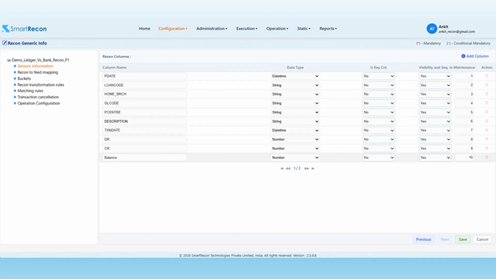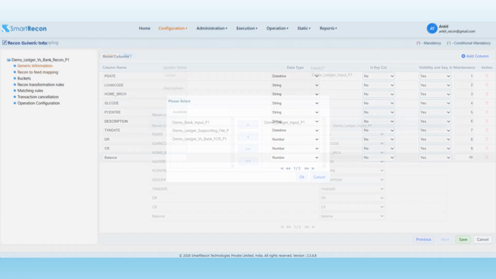These are the columns that will participate in reconciliation. You also need to select the key columns. These can be single or multiple. The columns you mark as key columns will be mandatorily used as the reference key at every matching level. This is important to understand because the key columns will always be part of the matching condition regardless of the level.